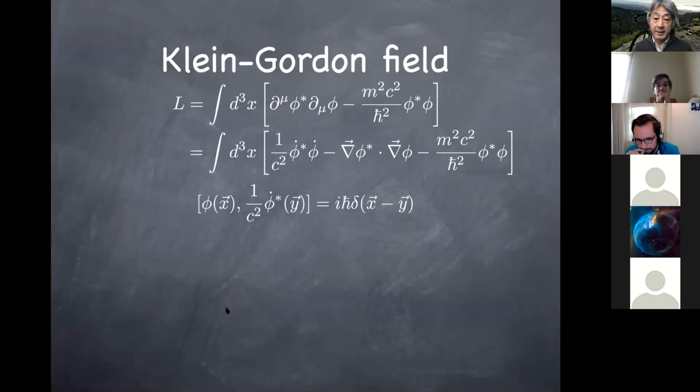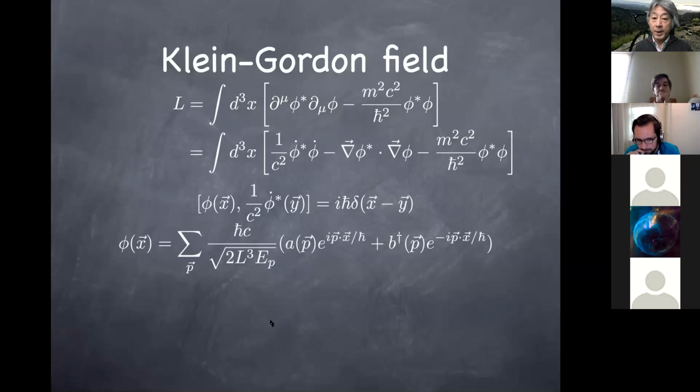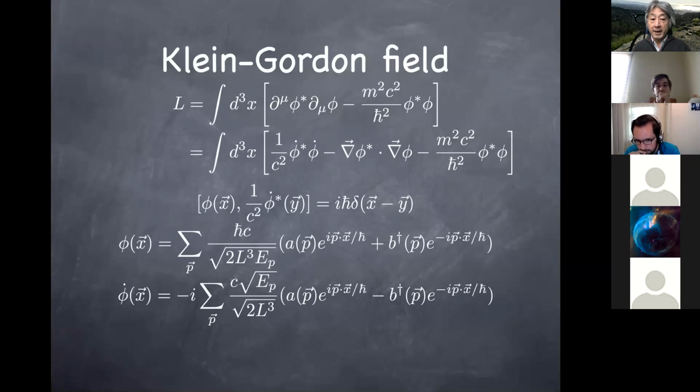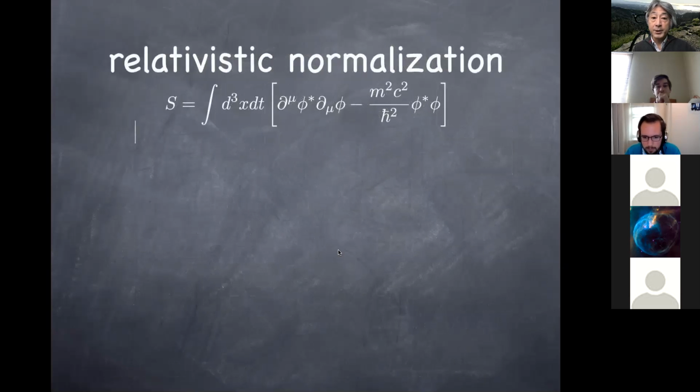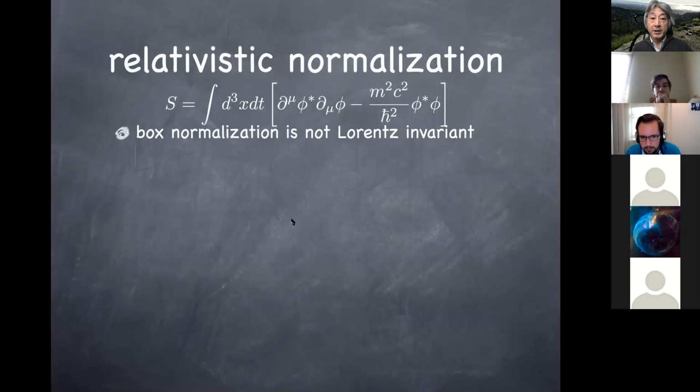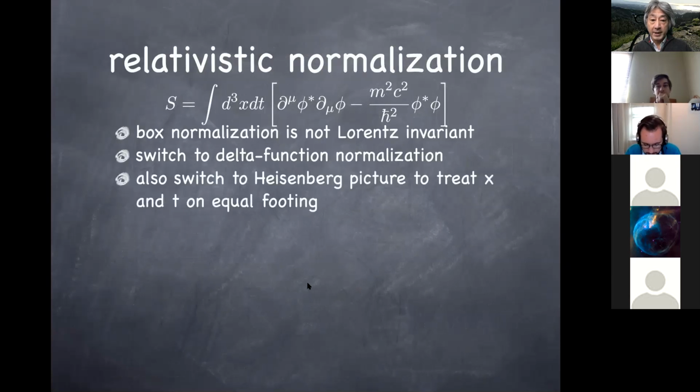This allows us to set up the canonical commutation relation. And we did this mode expansion of both phi and phi dot as independent canonical variables and identified the creation and annihilation operators that satisfy the usual commutation relations. So this is the way you can build the Hilbert space or Fock space of these relativistic particles. Towards the end of Wednesday, we introduced the idea of the Heisenberg picture instead, and also ditched the box normalization, which doesn't seem to mesh well with the relativistic theory. So we decided to switch to delta function normalization.